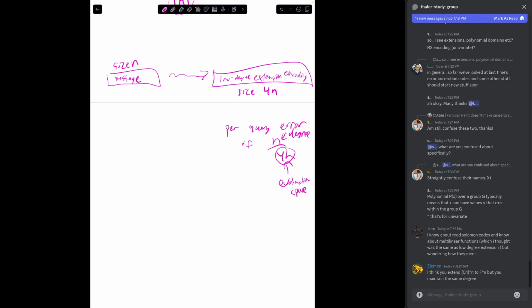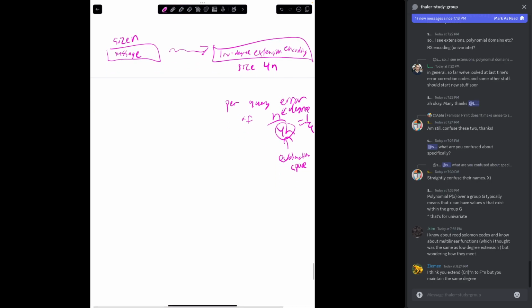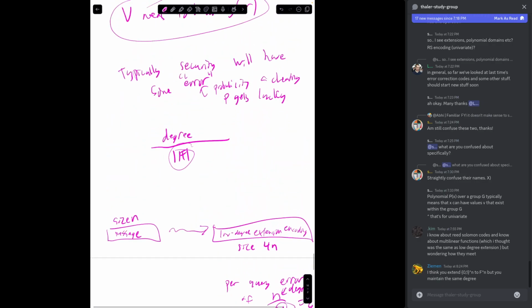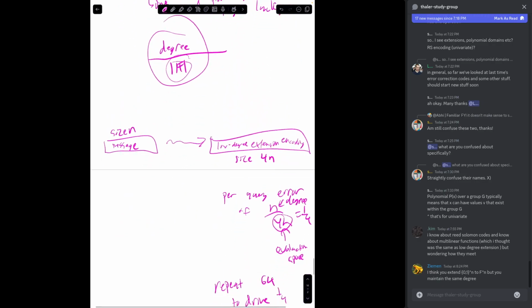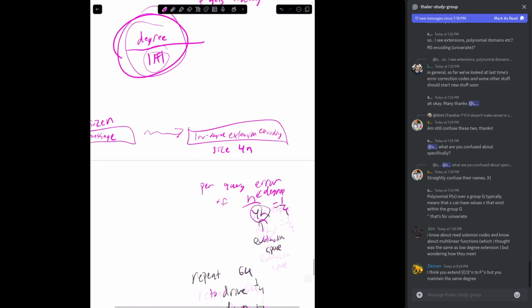But then this is 1/4, and that's not low enough. So that's fine. You would then just repeat the queries 64 times or something, to drive this 1/4 down to what turns out to be 1/2 to the 128 or something. Anyway, so low degree typically just means low enough degree so that whatever this error term is,